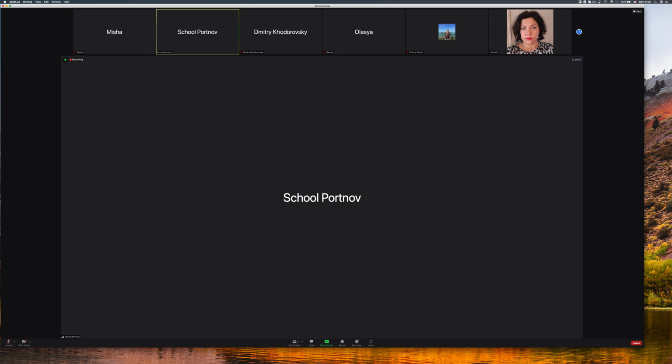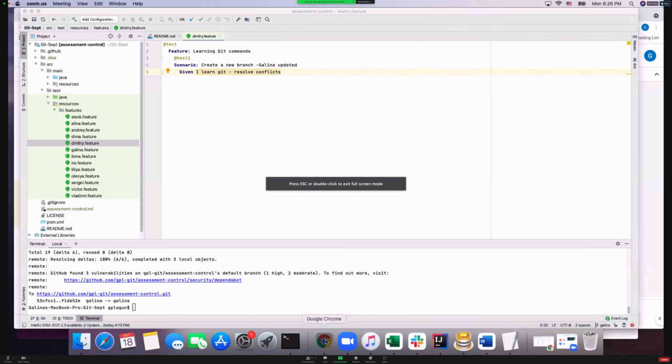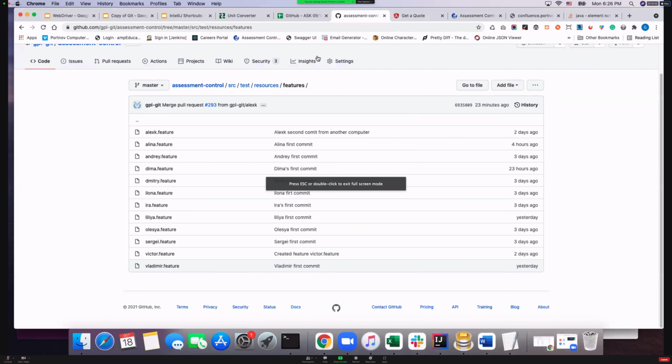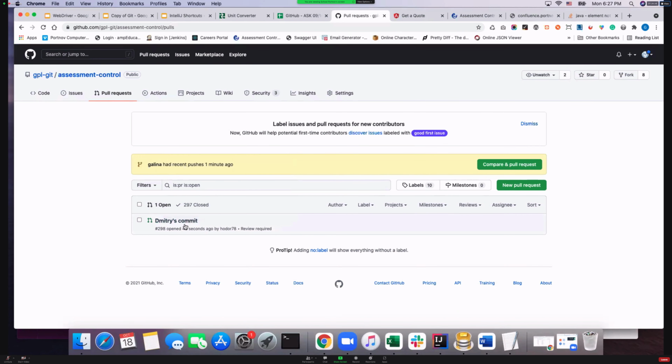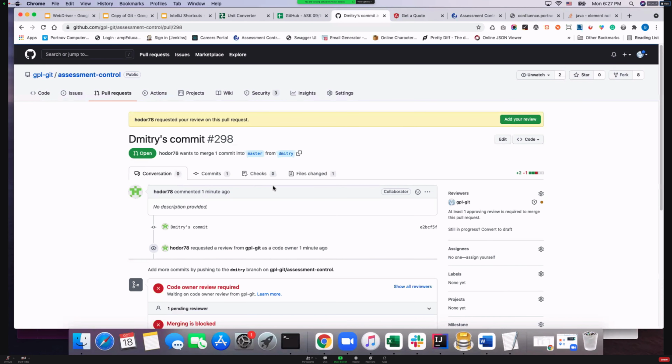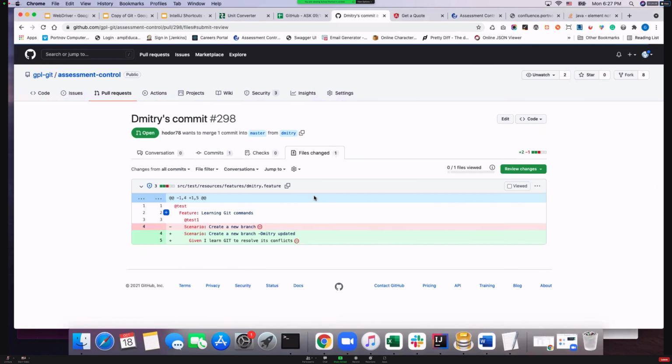And I will also create a pull request later. Let me share your screen. Okay, I'm going to our pull requests and I will approve Dmitry's commit. Okay, so I just don't understand what file, what changes, so what did I do right now, I